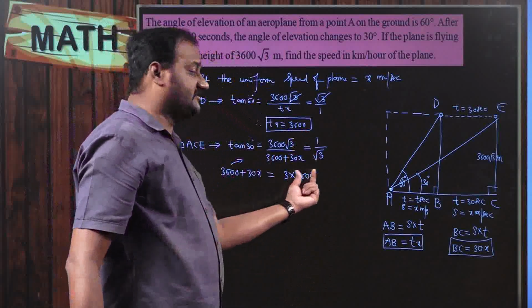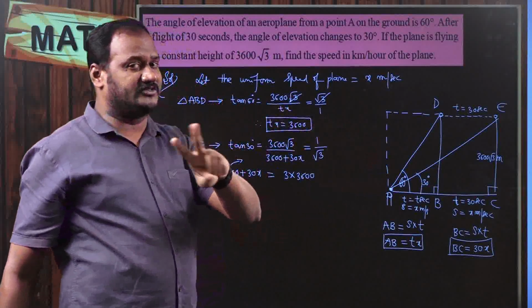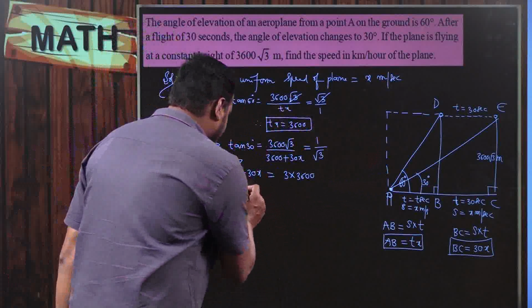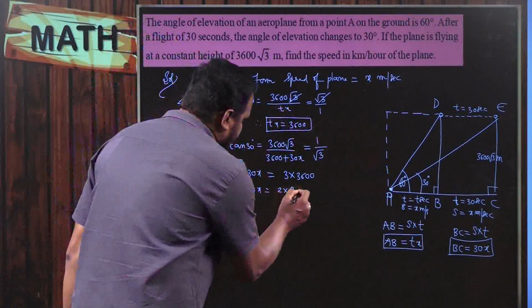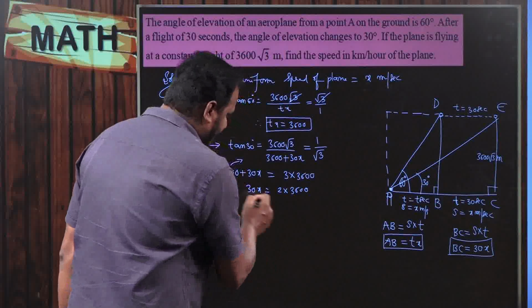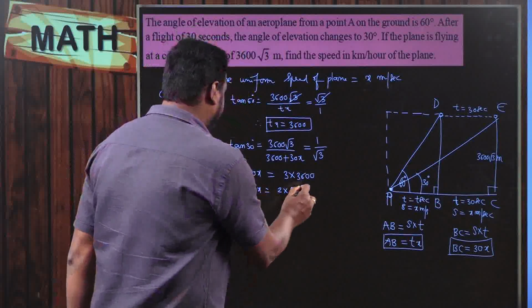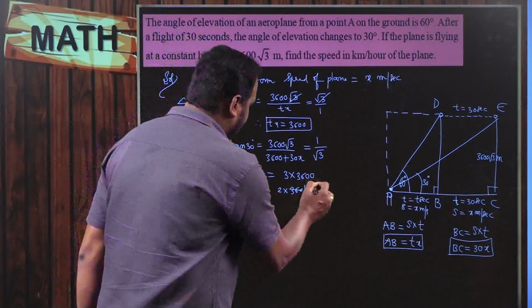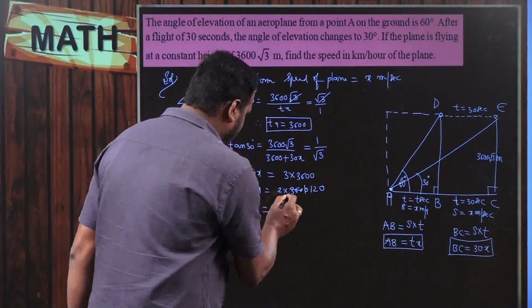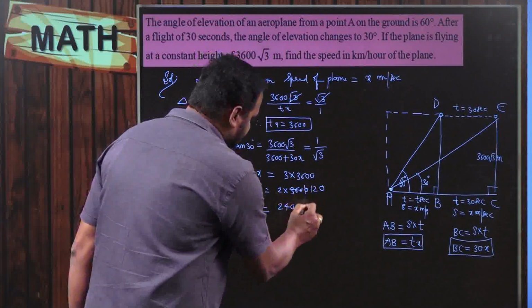These are 3 3600s minus 1 3600, which would be 2 3600s. So 30x is equal to 2 times 3600, and of course we want x, right? So the zeros can be cancelled, and 3 ones are 3, 3 1s are 2 120. Therefore the value of x is equal to 2 12s are 240 meters per